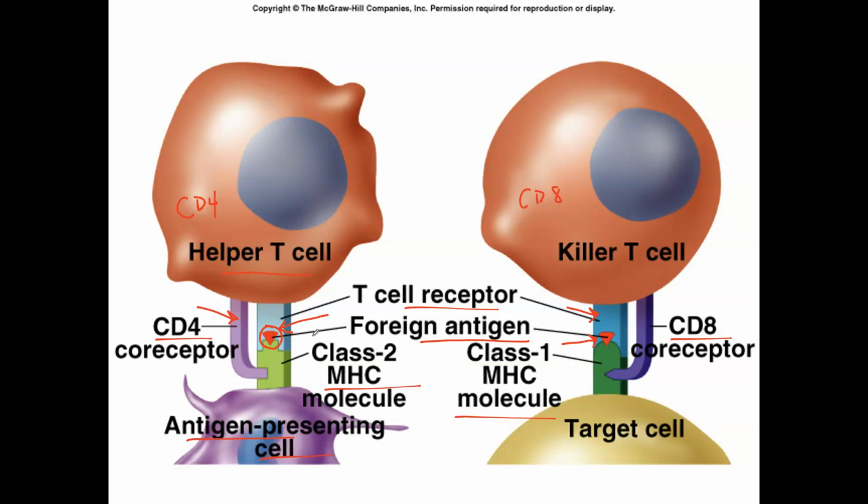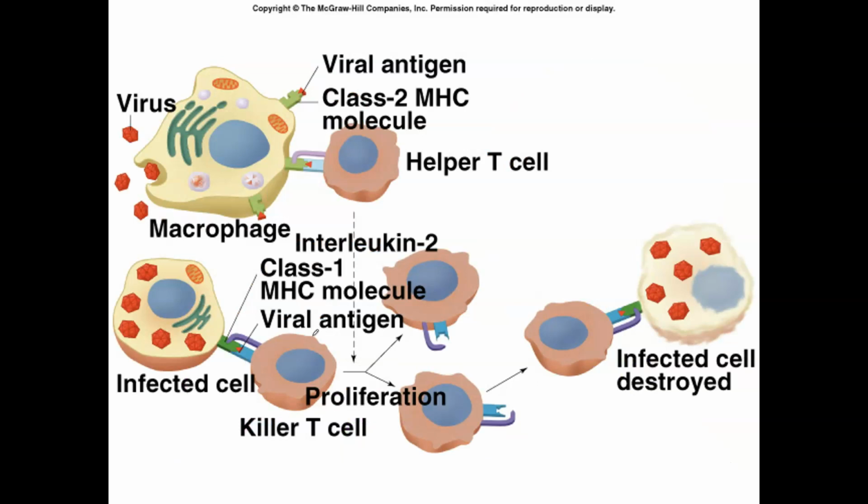Helper T cells are going to be involved in both antibody-mediated immunity and cell-mediated immunity. Cytotoxic T cells are just involved in the cell-mediated immunity response. So cytotoxic T cells can basically go and destroy virally infected body cells when they are presenting antigenic fragments on the class 1 MHC. So to kind of summarize what we're talking about here, we have an example where a